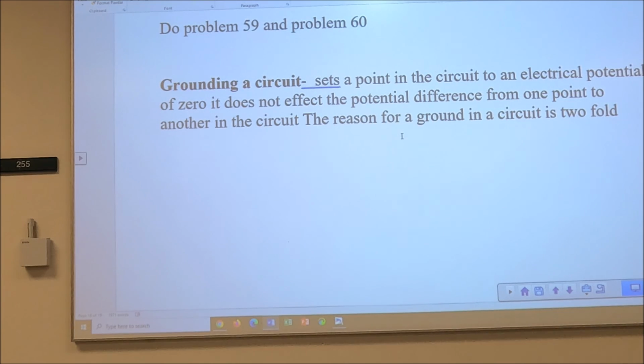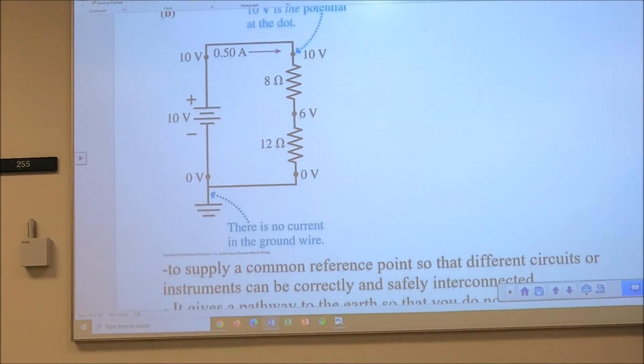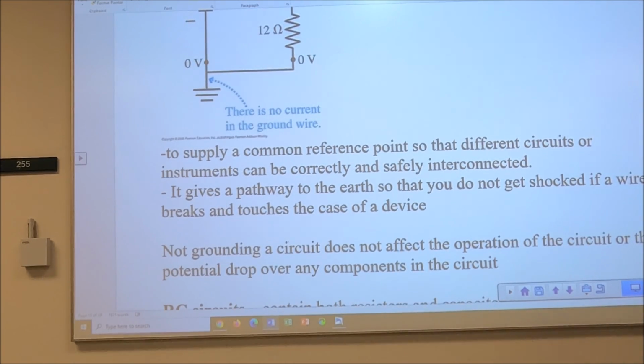Now, we do this for a couple of reasons. One of the reasons that we set a ground is because oftentimes we will be connecting several circuits up together. Okay? And that gives a common reference point for the components we are hooking together, and it